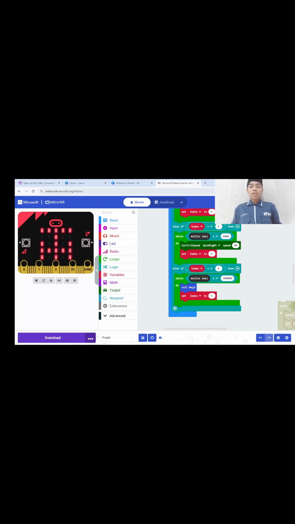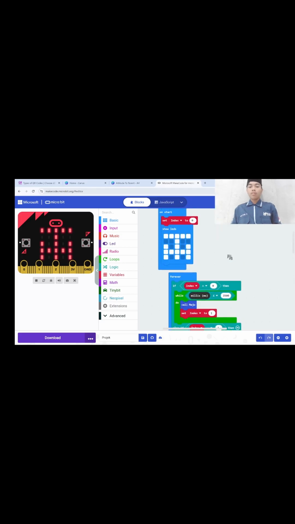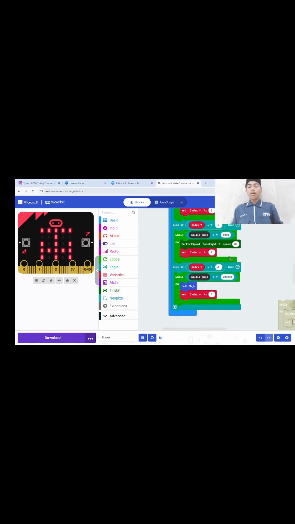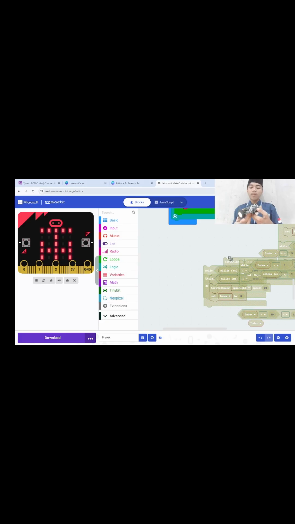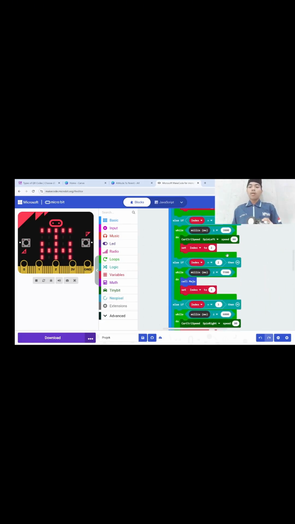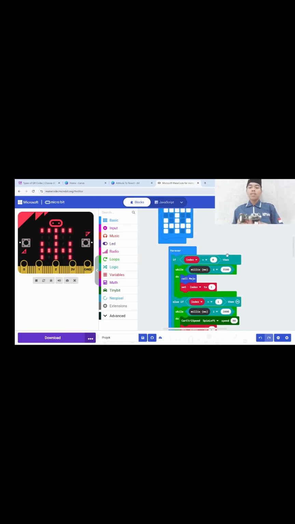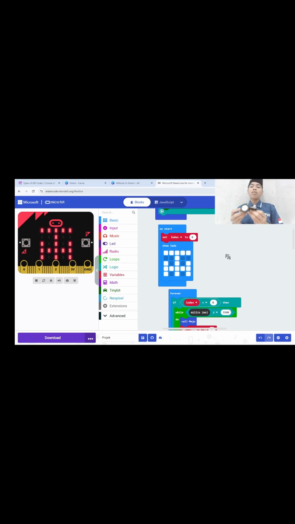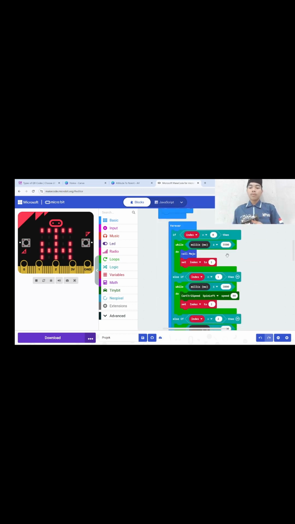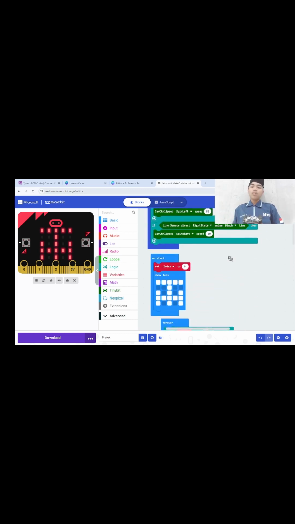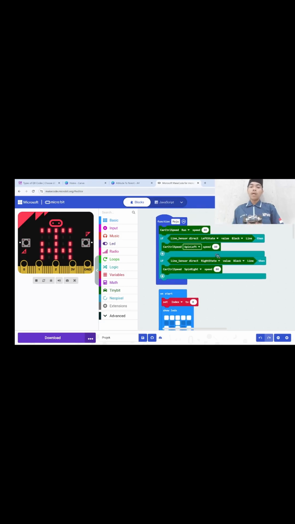So if we push this code, it will make the tiny:bit follow a line. And if it wants to go out, like if there's a typo, and it wants to go out from the line, there is this sensor. When it almost goes out of the line, the sensor will detect it and make it go back to the line.